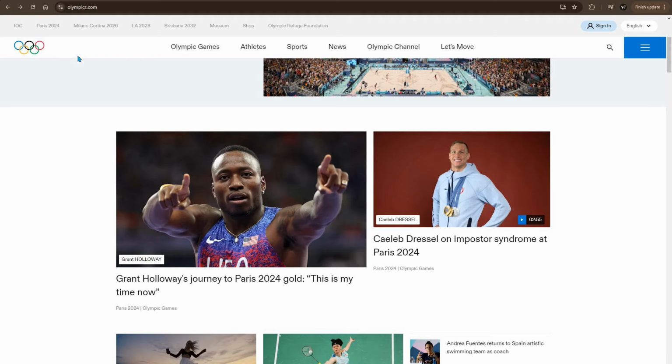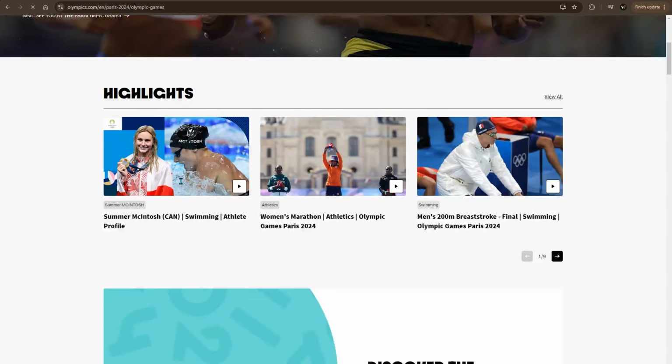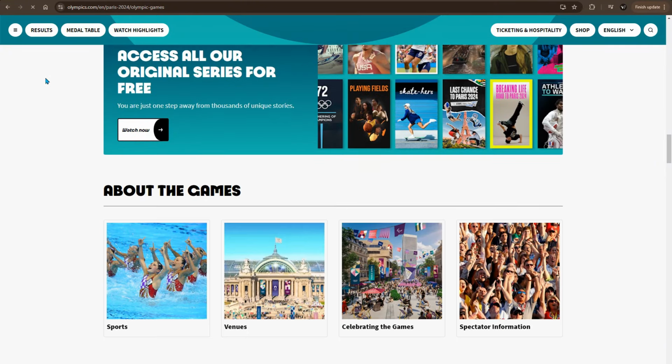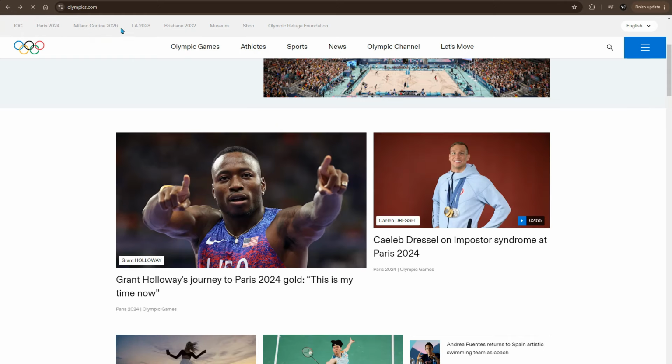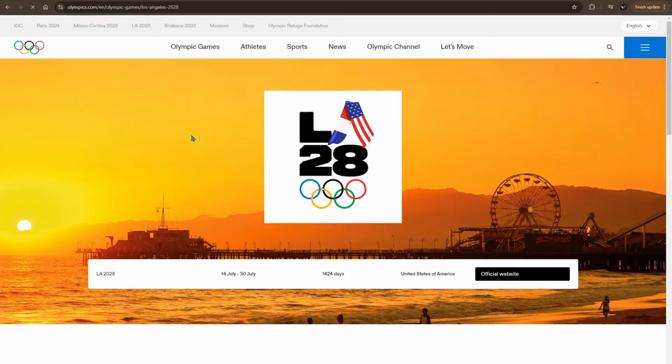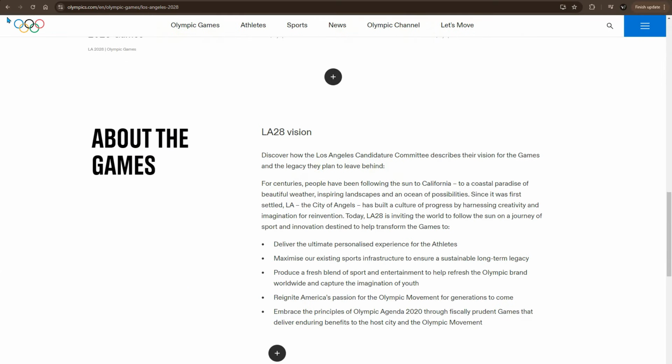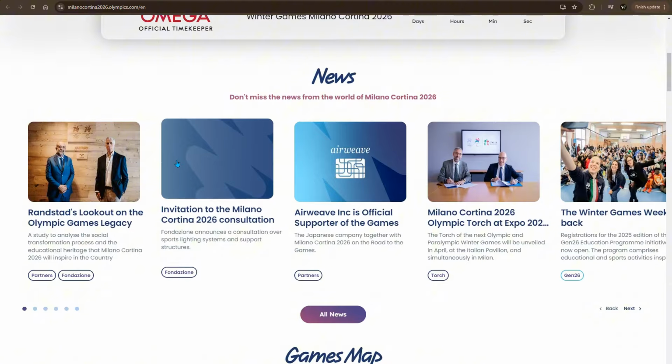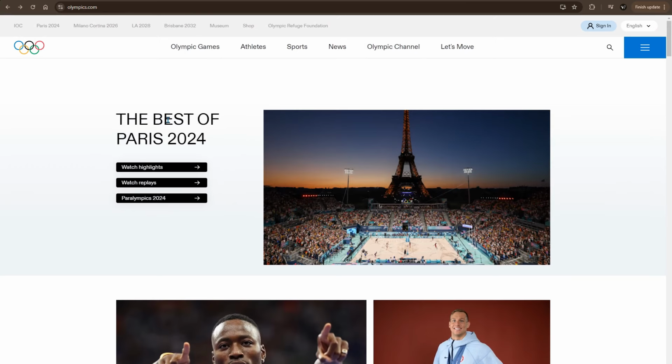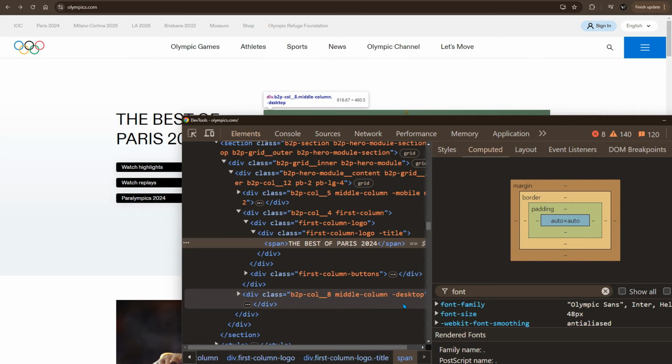If we go to the Olympic website and visit the Paris section, we quickly realize that there's an umbrella brand above Paris game. And that is true for every other Olympics game. Same for LA. They will have their own branding, but above them, there is an umbrella brand that is Olympic. They have their own brand guidelines and with their own brand typefaces. In fact, when you go to the main page, it uses Olympic serif and Olympic sans.